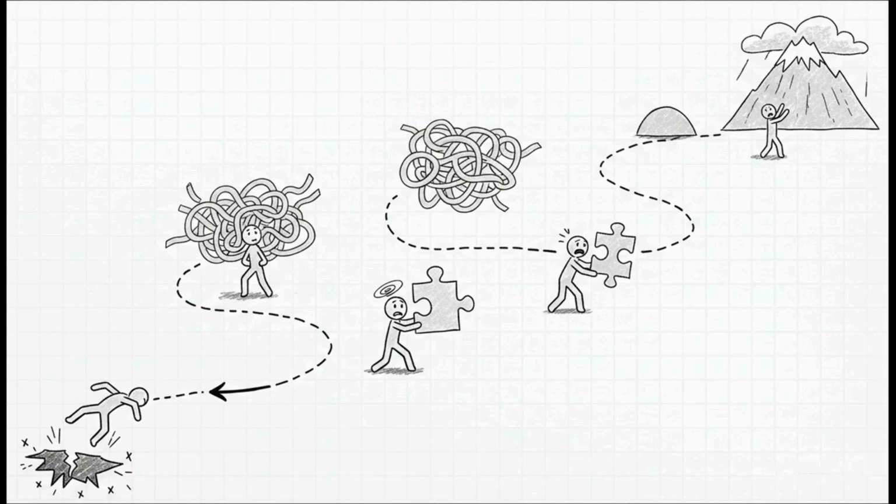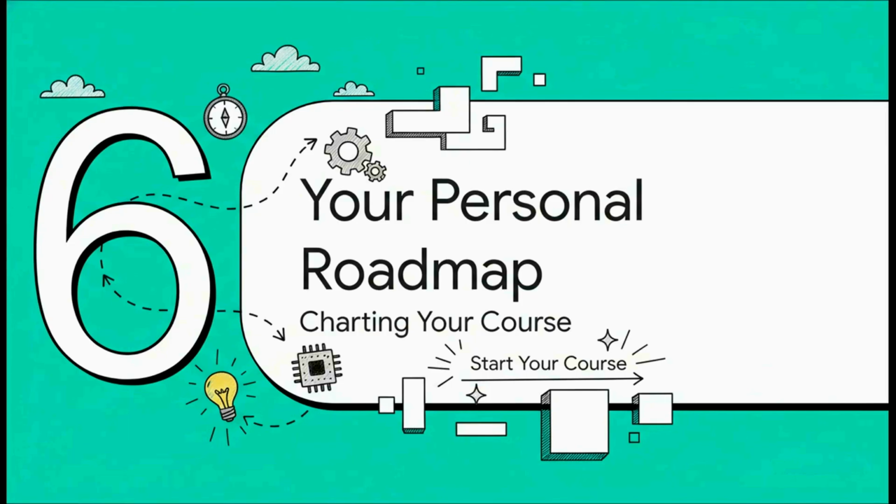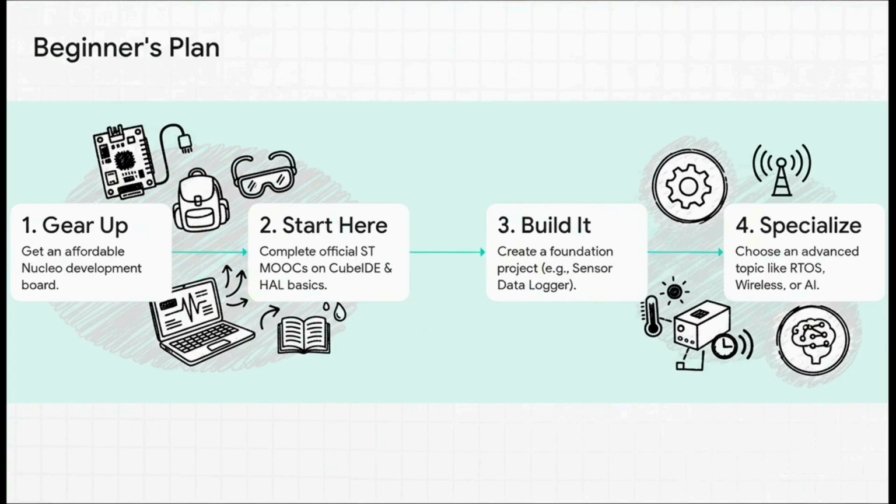And finally, please, start small. Your goal isn't to build an autonomous drone this weekend. Your goal is to build a simple data logger that actually works reliably. Getting that done is a huge win. All right, we've covered the landscape, the tools, the different learning paths, and the traps you need to avoid. Now for the most important part. Let's pull all of this together into a practical, actionable roadmap that you can start following the second this explainer ends. Here it is, a simple 4-step plan.